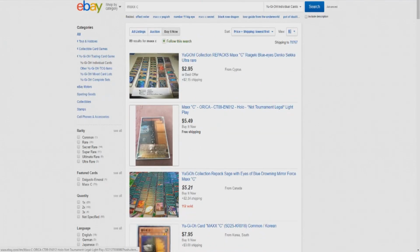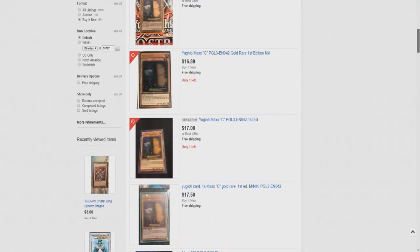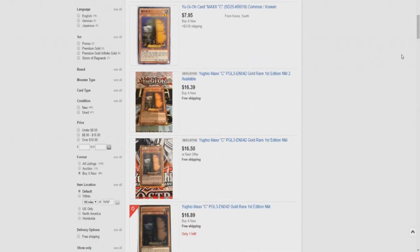Next up, Maxi. That's actually a pretty cool Orca of Maxi. I'm not gonna lie, it's actually really badass. I actually kind of want to snatch that up just because it looks pretty cool. Maxi is still a very useful card and just like everything with multiple rarities, the rarity dictates the price of the card. Gold rare is roughly $16.39, about $16 to $17 for the gold rare,